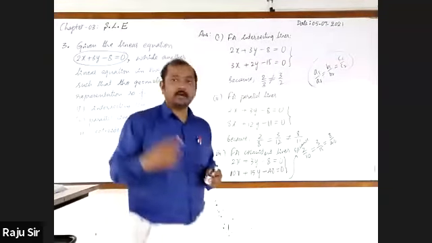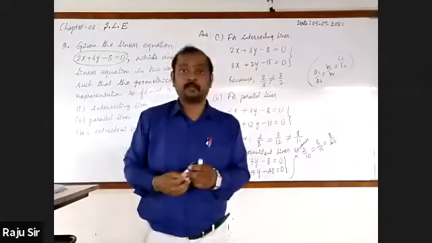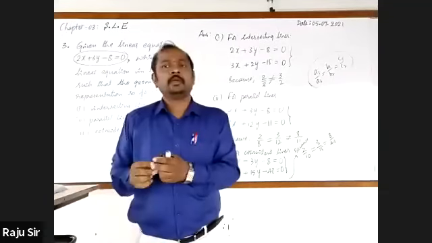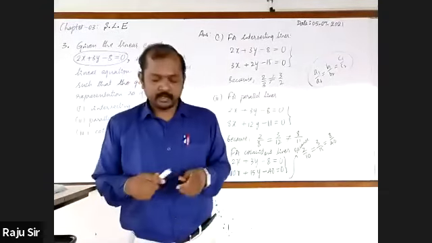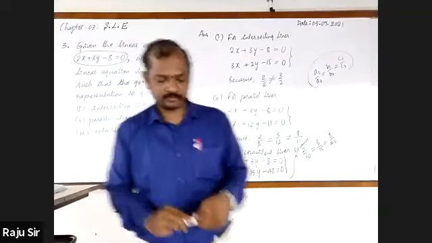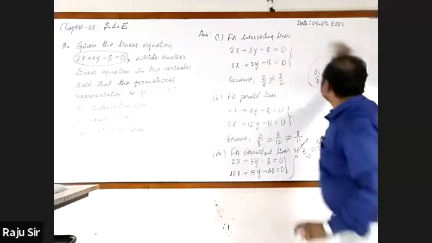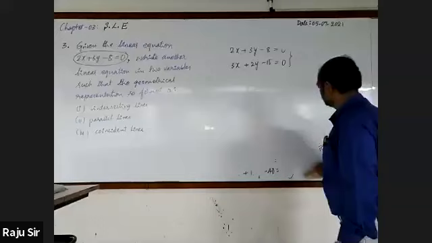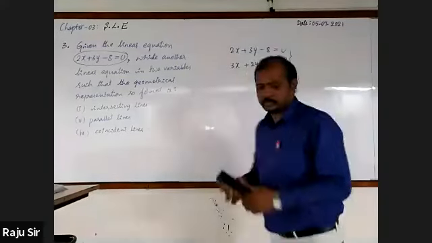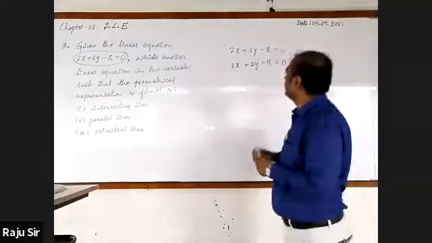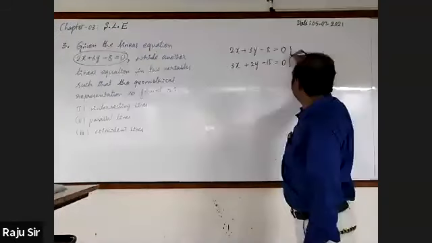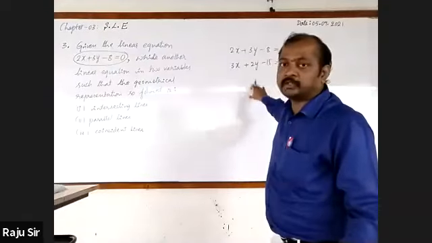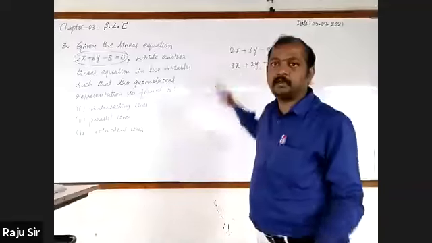Okay. Now we are moving to the fourth one. This is also very important from the examination point of view. In many exams they have given it. Now let me tell you what it is first. Observe it. Here we have a pair of linear equations in two variables. Could you tell what type of solutions these equations have?